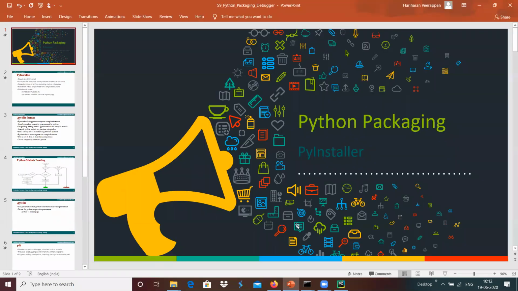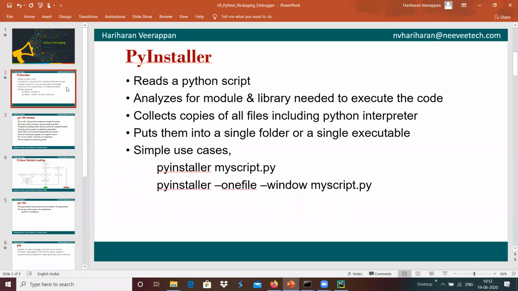Basically, packaging is done with the help of PyInstaller, which provides a packaging mechanism for Python. PyInstaller reads the Python scripts or program completely, and it analyzes the modules and libraries needed in order to execute that particular code, and it collects all the copies of the files including the Python interpreter, and puts them either into a single folder or into a single executable that it generates.